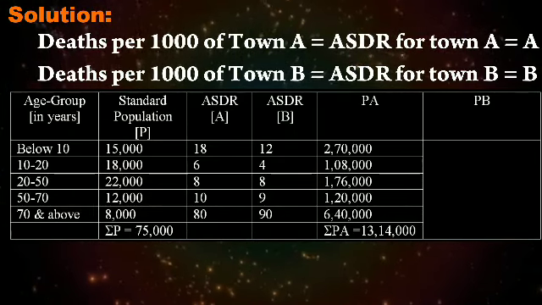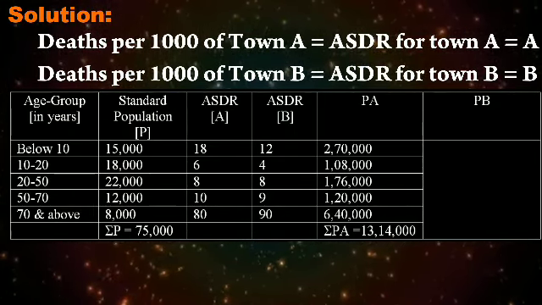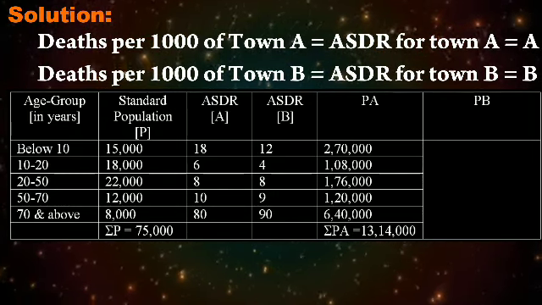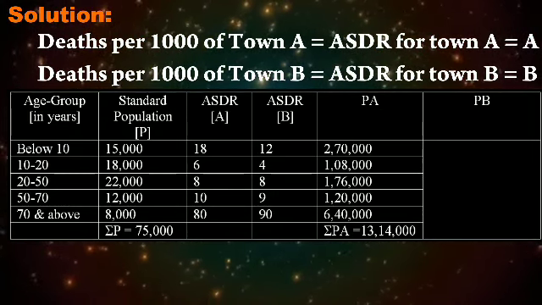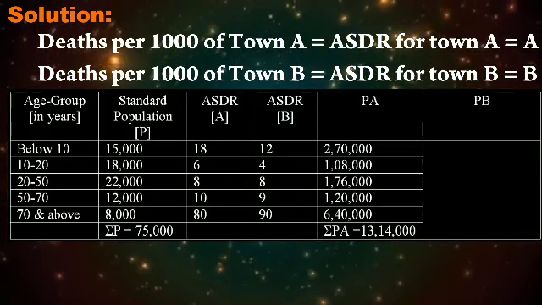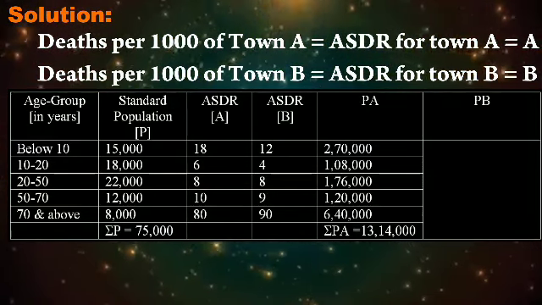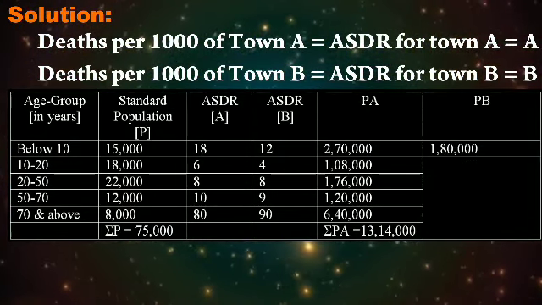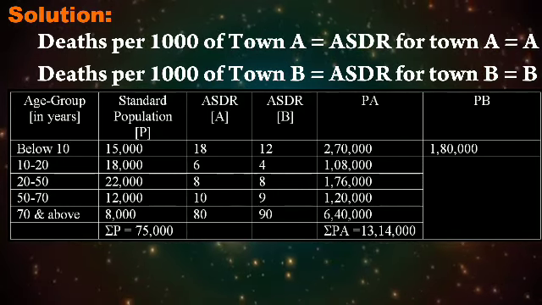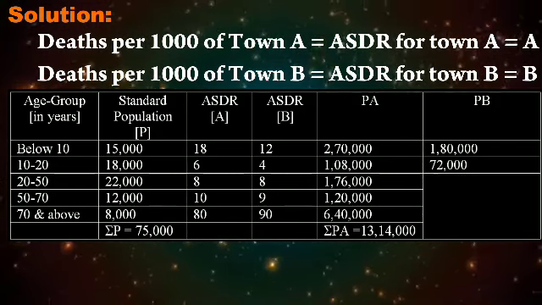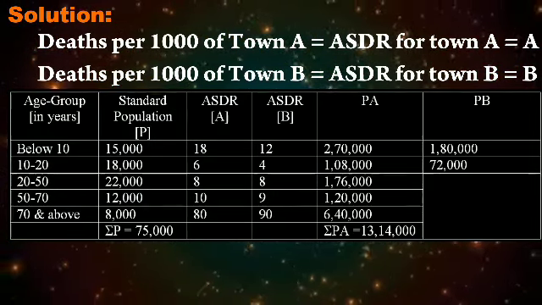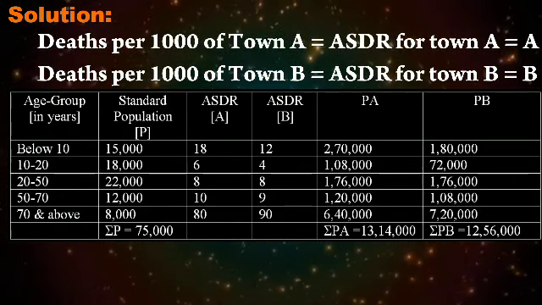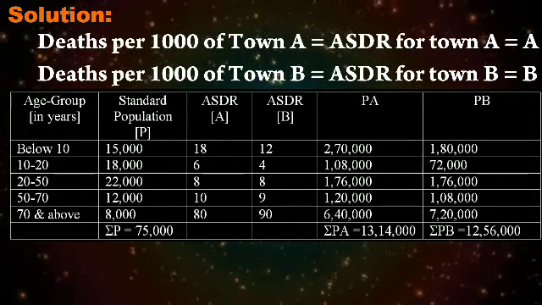Find sigma PA, which is equal to 13,14,000. Similarly, compute PB, standard population multiplied by ASDR of B, 15,000 multiplied by 12, 1,80,000, 18,000 multiplied by 4, 72,000. Find the rest of the values and find the sum total of PB, which is equal to